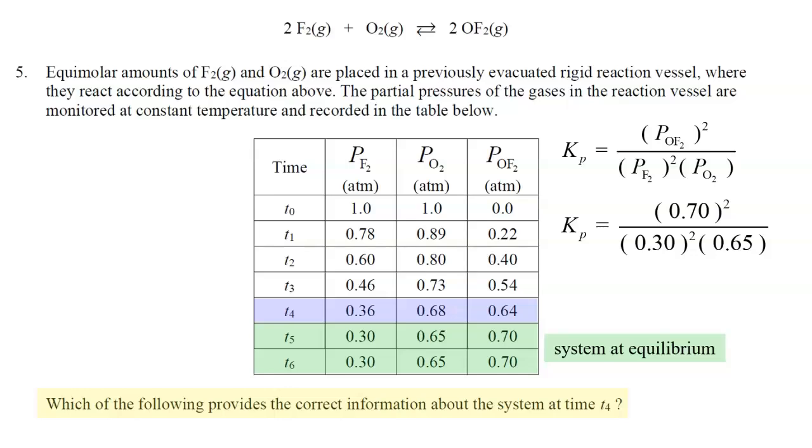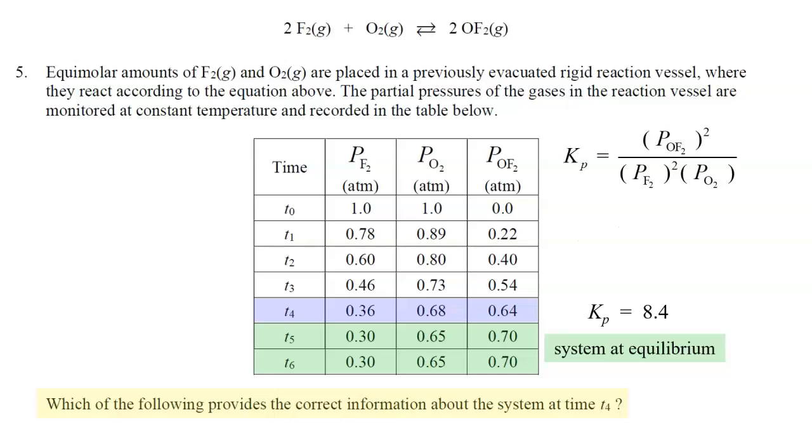And if we do this math, this will give us the value of Kp, the equilibrium constant. And that happens to be 8.4 when you do that math. Now let's go back to time T4, and we can calculate the value of Q, or the reaction quotient, under